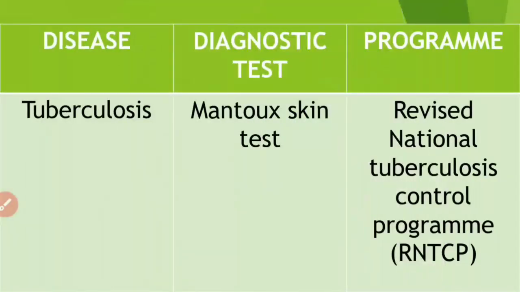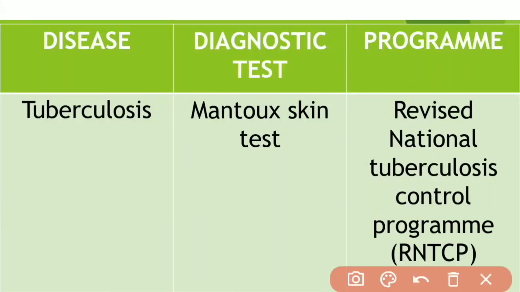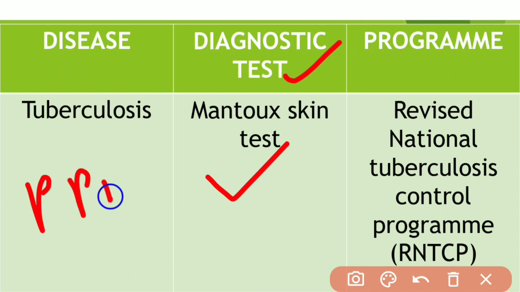First one is tuberculosis. The disease is tuberculosis, and the diagnostic test is the Mantoux skin test. This test is performed on the skin. In this test, a small amount of a substance called PPD tuberculin is injected. So this is the PPD